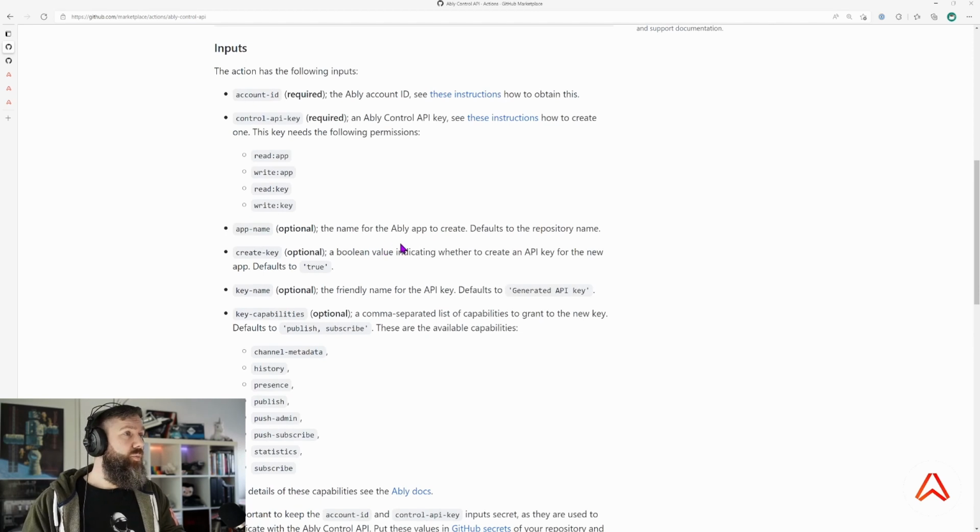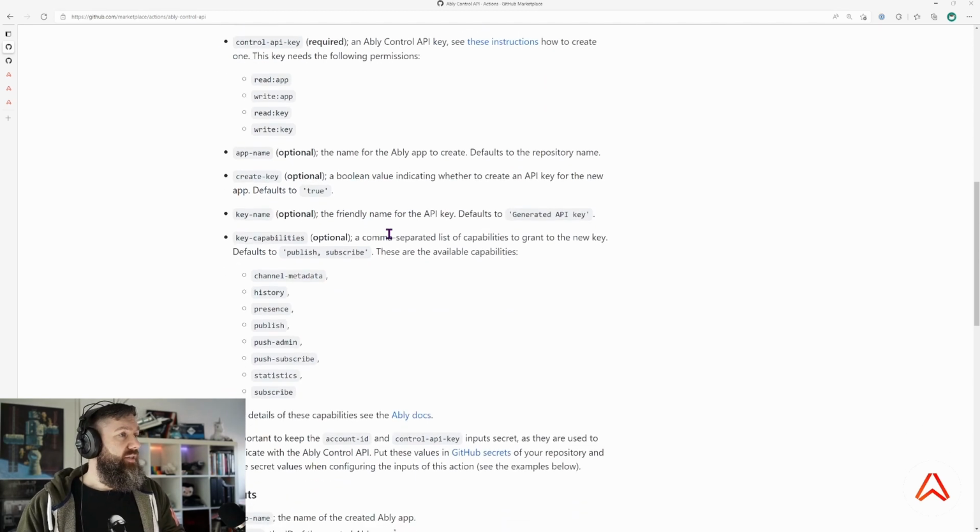Then there are a couple of optional input parameters. So there's the application name. You can provide a friendly name for the app there, but it defaults to the repository name. There's a Boolean parameter called createKey to indicate if you want to create an API key or not. There's an optional parameter called keyName to provide a friendly name for the API key, and it will default to